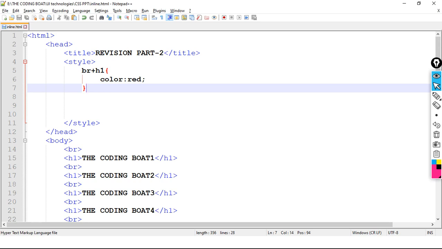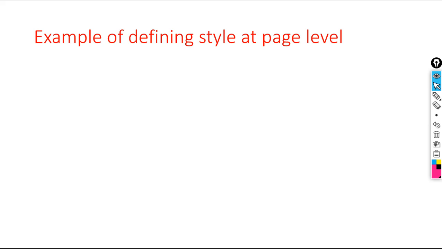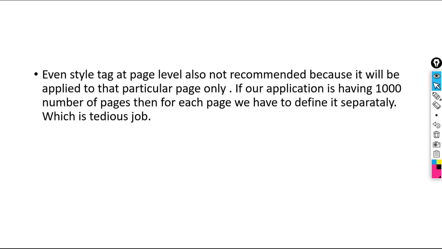Okay, now let's move to our ppt. Here is an example of defining style at page level. Page level we have defined our style. Even style tag at page level is not recommended, because it will be applied to that particular page only.